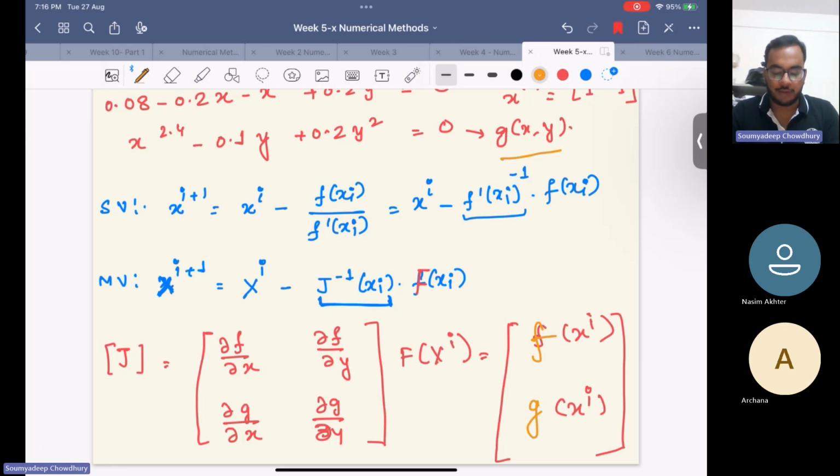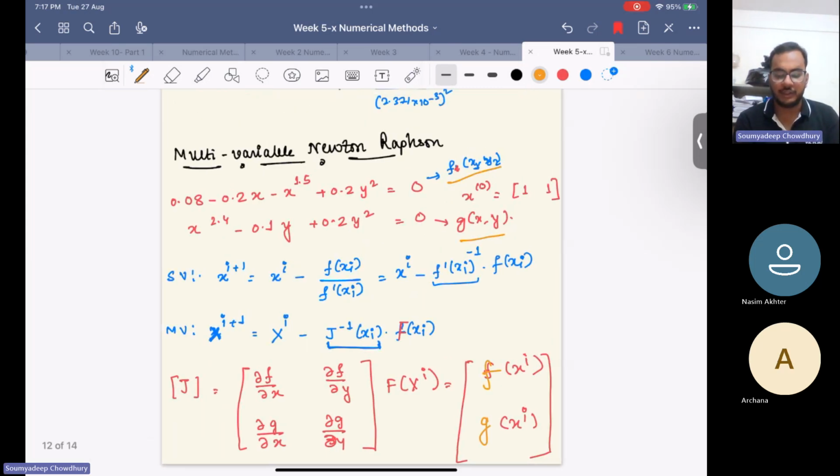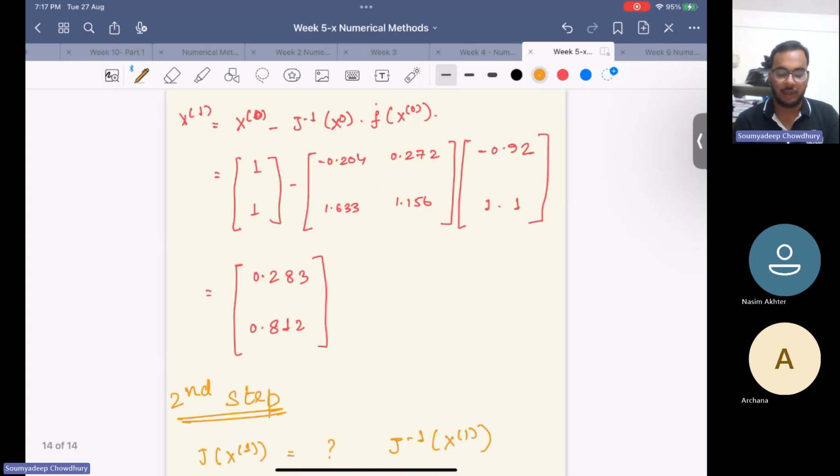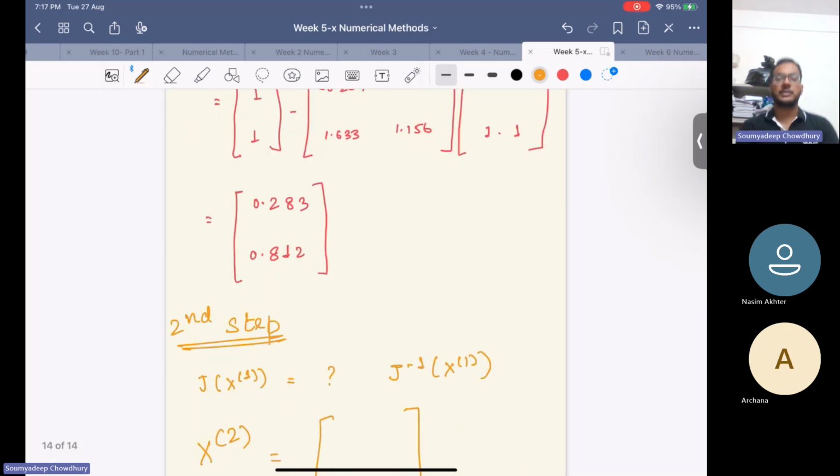So this Jacobian matrix is nothing but a matrix of the partial derivatives of the two functions with respect to the two variables x and y. Based on this equation, we find the Jacobian matrix, and then finally we get the solution. So this process is very hectic, and hence